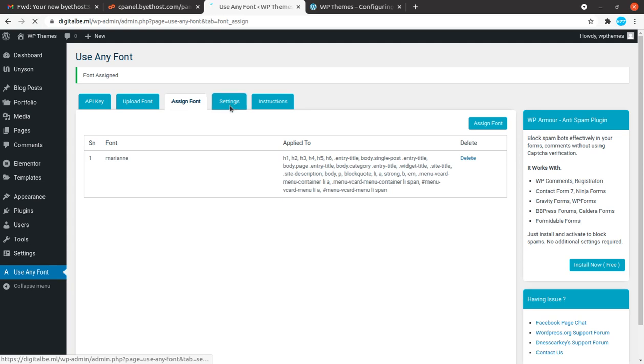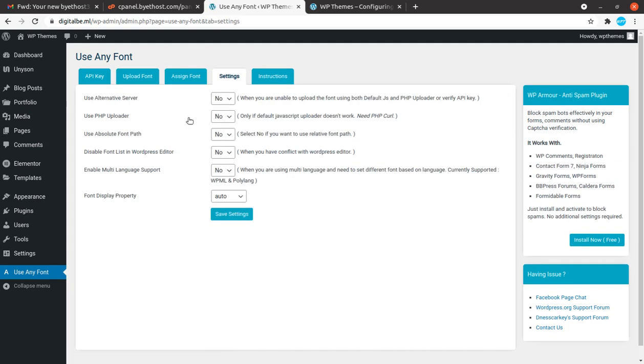Next is settings. So again, use alternate server. It is no, when you are unable to upload the font using both the JS and PHP uploader or verify API key. So in that case you need to select yes if you are unable to upload the font.